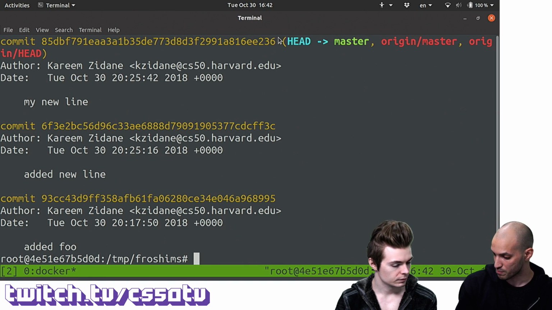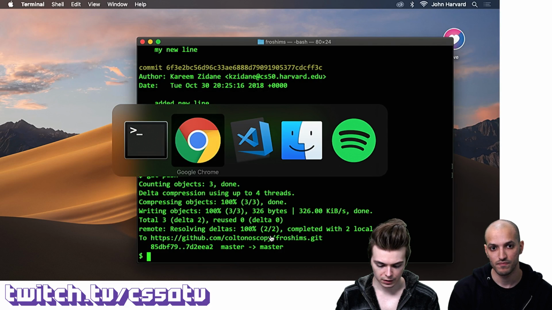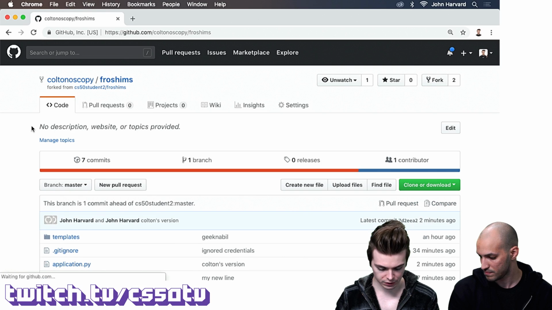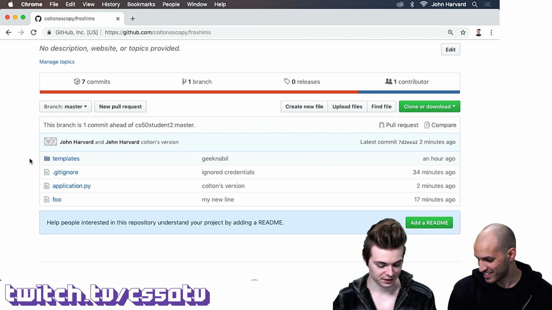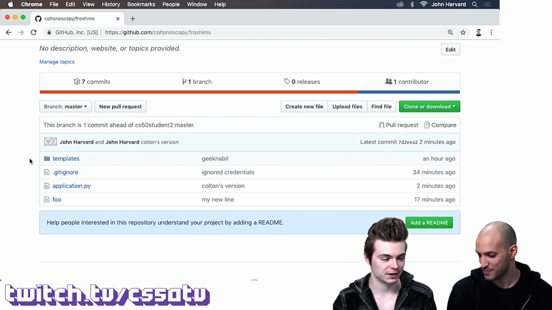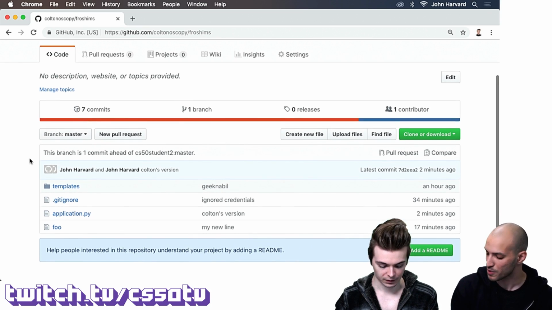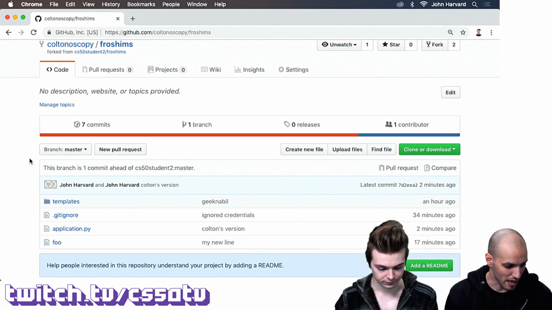Okay, so now that Colton pushed, can we check your GitHub repository? Sure, let me switch the view to my laptop. Go back to Chrome, and then refresh the page. It still kept the John Harvard name on this account. Git config doesn't seem to be working on this user. I have to figure that out. Yeah, there are multiple levels of configuration, so probably you have a narrower scope.